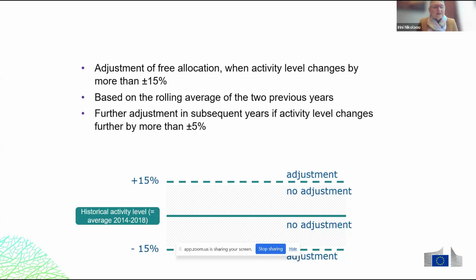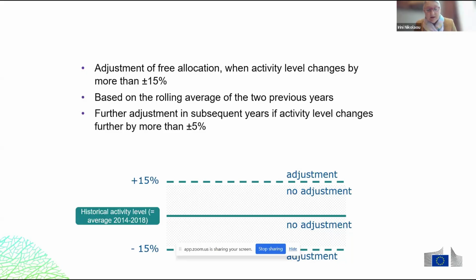So we saw that the system was not fair. And what we introduced were adjustments to the free allocation. Every year we check the previous 2 years, the production. And if this production is more or less than 15% compared to the historical production, then their free allocation is adjusted. And with this graph, we are just trying to show the historical activity level that was based, for the previous phase,